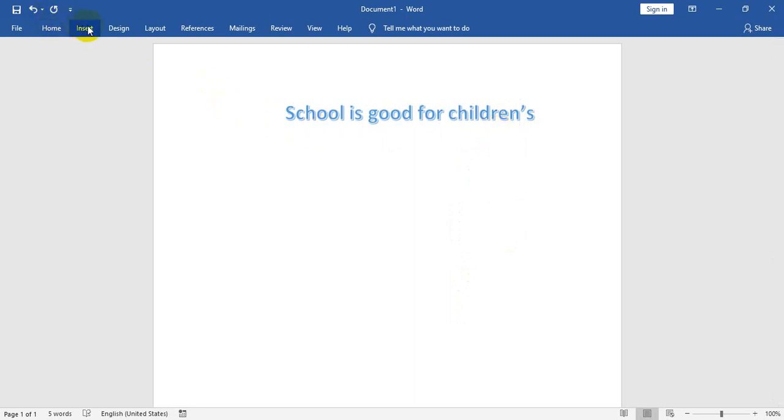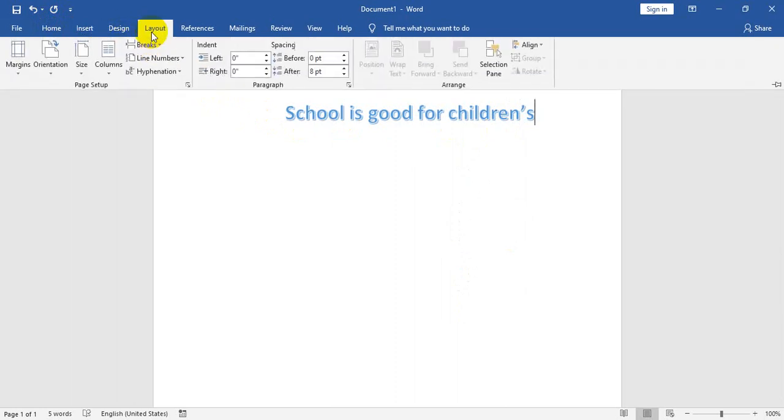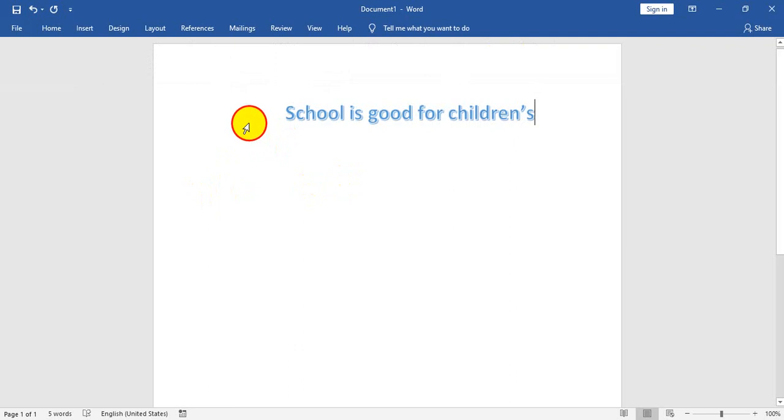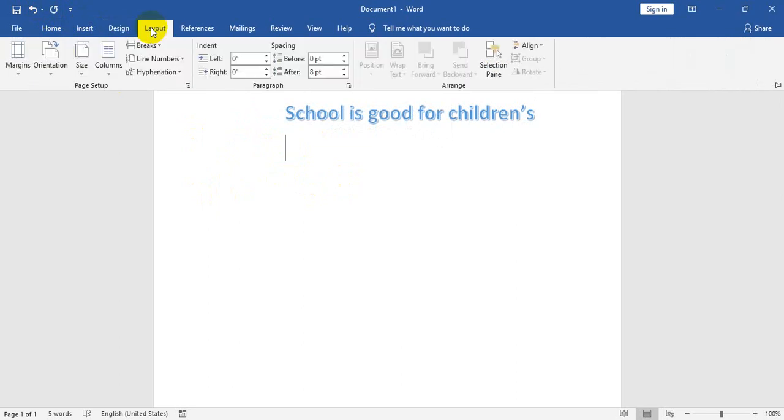Similarly, if you click here on the layout, and if you want some columns, for example, you want to divide the page into 2 columns, so click on columns and write here 2.